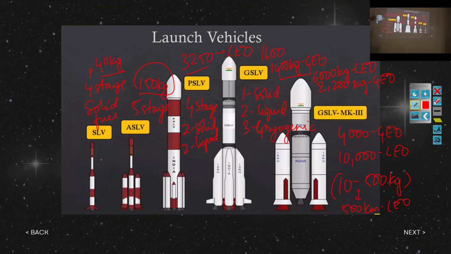Yeah, it is greater, obvious. It is 10,000 kgs for geostationary. Geostationary will be 36,000 kilometers only. That will not change. So for geostationary orbit, the altitude will always be 36,000 kilometers only. Only then can the satellite stay in orbit around the earth, otherwise it cannot stay in an orbit.